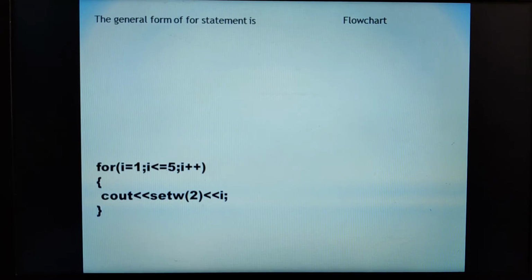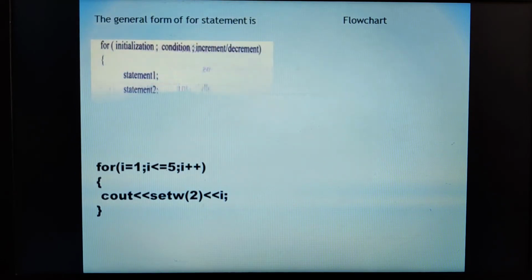When I know in advance how many times my loop has to be iterated, then go for the for loop. If I don't know how many times the loop has to be iterated, depending upon the number the user gives, so that the iteration happens accordingly, in that case you can go for the while, or even the do while statement. When I know the fixed number of iterations, this for looping structure proves to be the best looping structure.